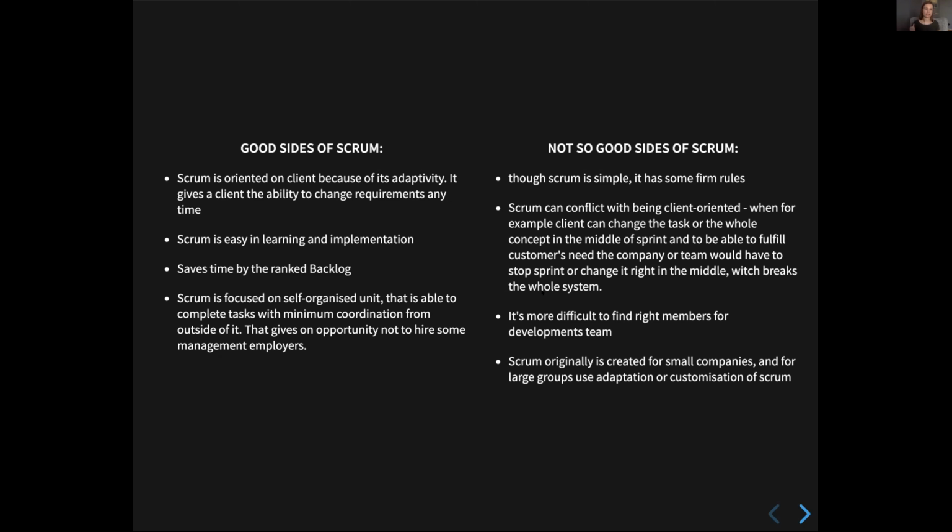And when the team is self-organized and doesn't need outside control, everything will work exactly as it should. But on the other hand, this self-organization can be bad because